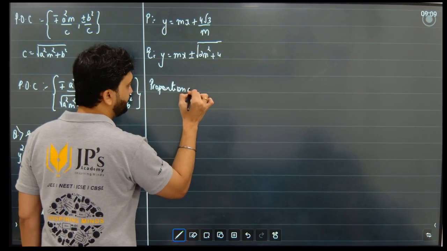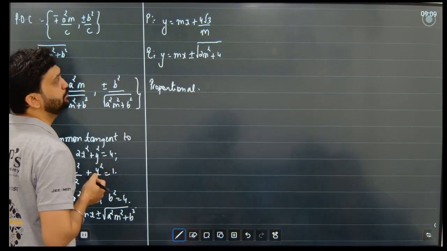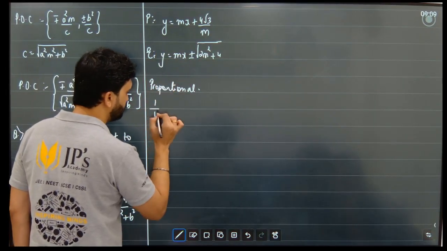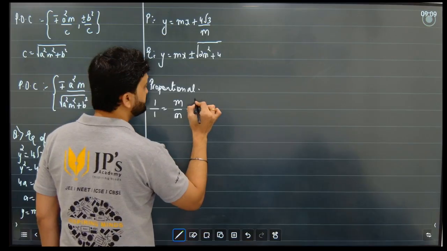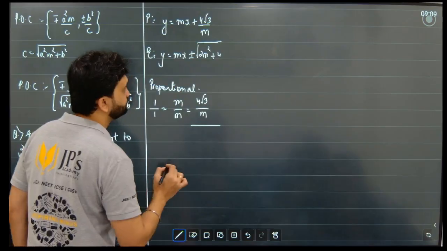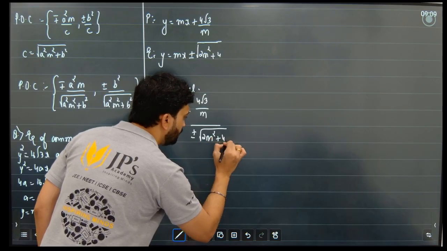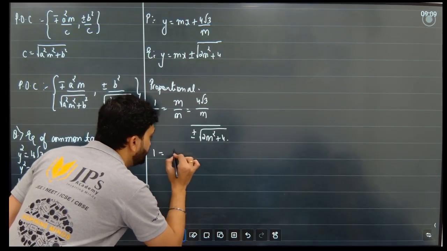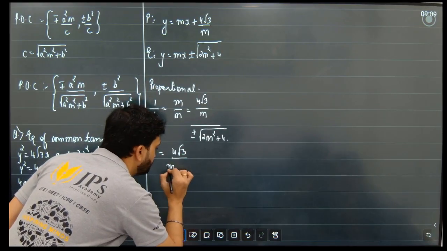In other words, I will tell you कि दोनों का नेम अलग अलग है बट रिप्रेजेंट तो टेंजेंट ही कर रहे हैं. तो coefficient of y upon coefficient of y, coefficient of x upon coefficient of x, constant upon constant. In other words I can write 1 is equal to 4 root 3 upon m plus minus